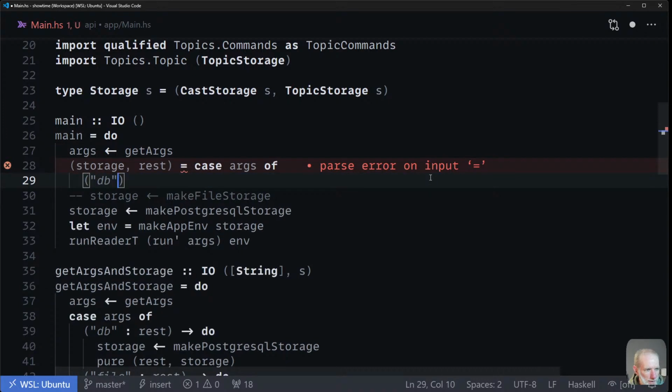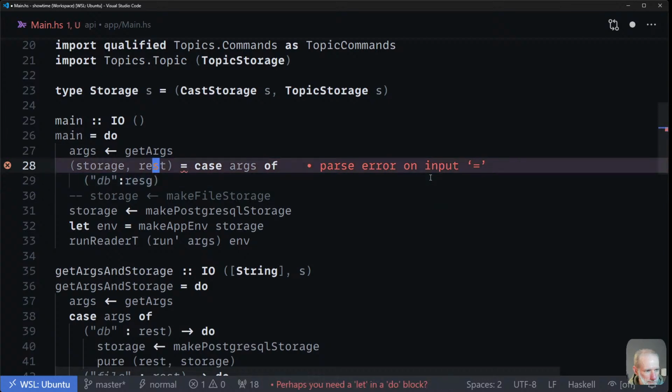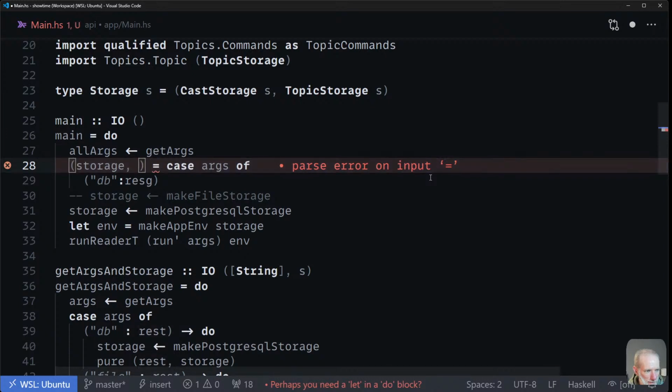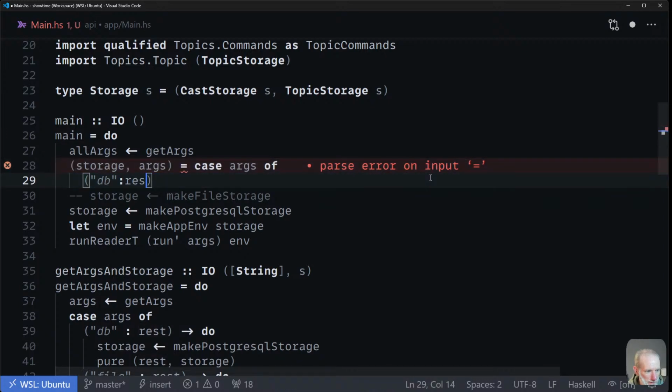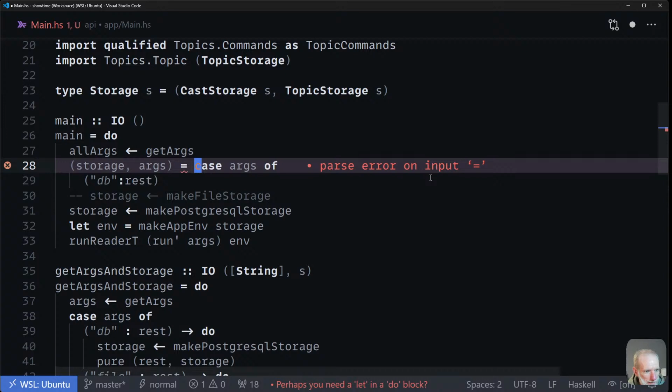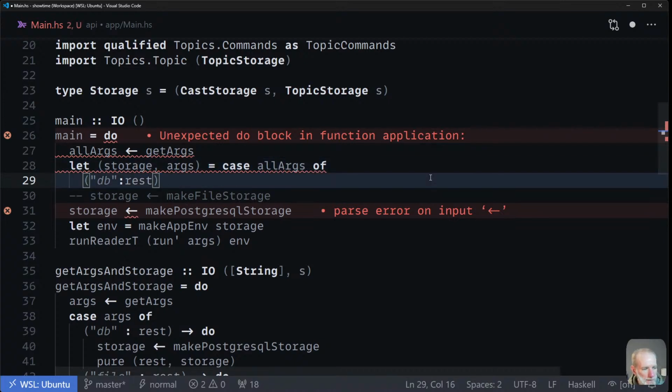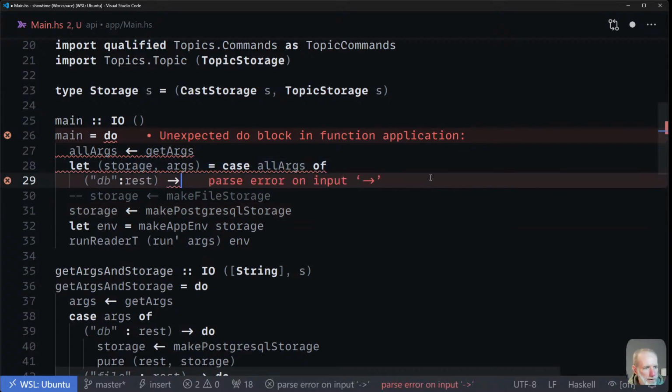So if args begins with db, I'm going to rename to all args. I'm going to call that args. I'm going to call this rest. And I'm going to say let, because that's how Haskell works. And then this will be all args. So if the arguments start with db and then have some other things in it,